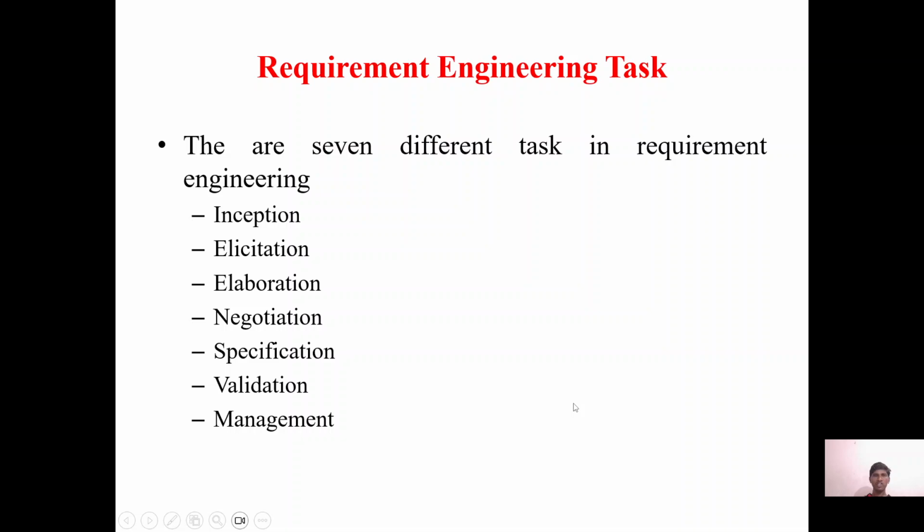Next is requirement engineering task. There are 7 tasks for the requirement engineering process. One is inception, elicitation, elaboration, negotiation, specification, validation, and management. So the first phase is inception. Inception is a task